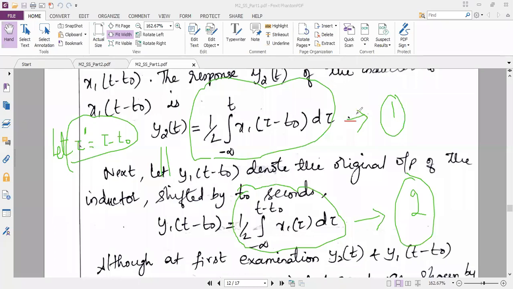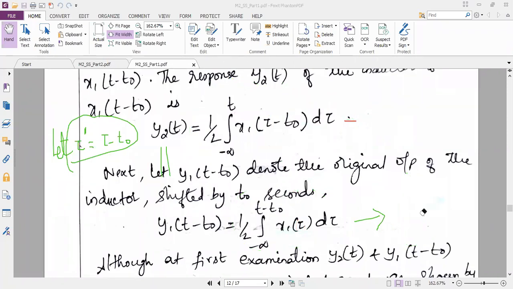In equation 1, because in equation 1 I have two different variables, and in equation 2 I have only one variable. So I should convert the two variables into one variable, so that I can make my right hand sides equal. If right hand sides are equal, automatically my left hand sides are also equal. That is how I am going to prove it. So when I substitute in equation 1, how does my equation 1 become now? I will rewrite it: equation 1 is equal to 1 by L, and tell me, what about the limits here?